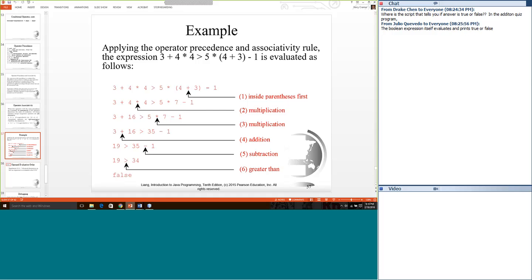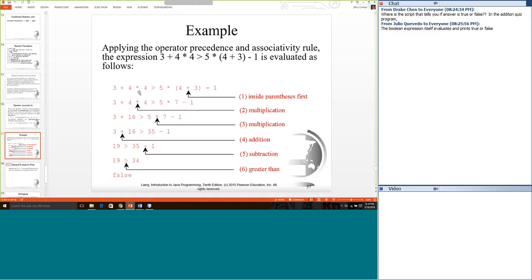So for instance, we know that multiplication and division have the same higher level of precedence as opposed to addition and subtraction. And we know parentheses is done at the highest level. So let's take a look at this big, long expression here in Java and understand how the actual computer will compute. The first thing that this will do in this expression is it will do the parentheses first.